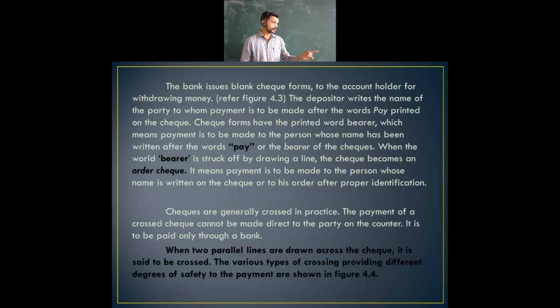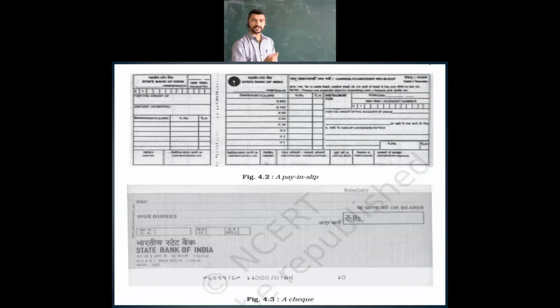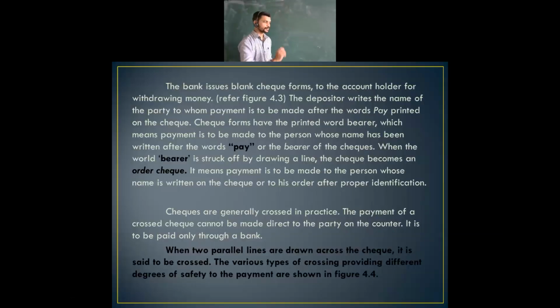Now, what does bearer mean? The bearer of the check is what is mentioned there. After the pay amount here in the check, after the pay, we have the lines, whose name you are going to write, for that person this check has to be withdrawn. It means only that person can withdraw the check. For that purpose they will be writing the pay over there. When the bearer is struck off by drawing a line, what happens over here is that if it is given directly in the name, that is different.